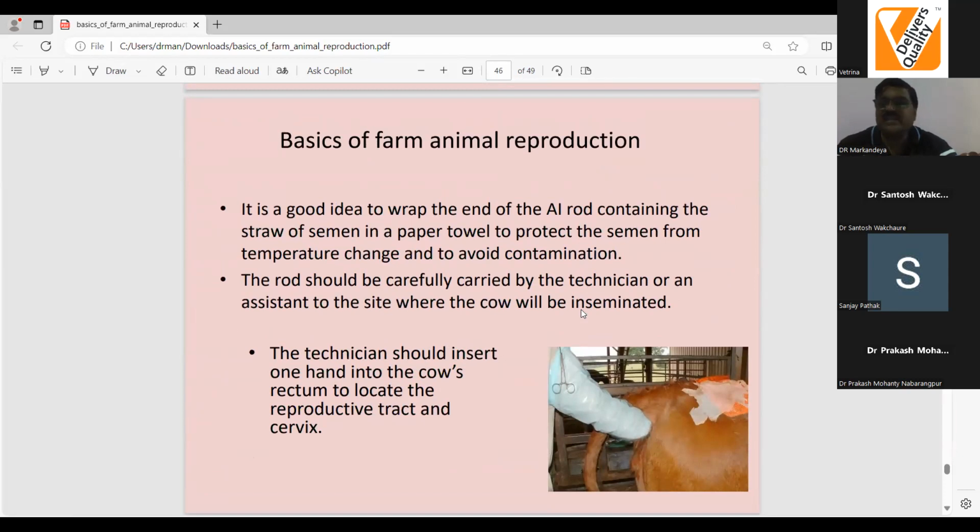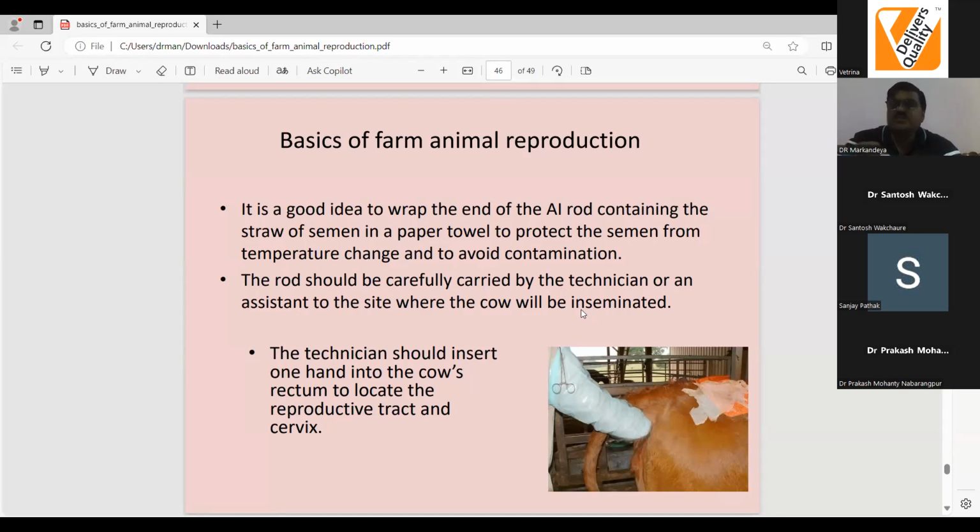Whenever we are inseminating the animal, it is mandatory that there should be an assistant to dilate the lips of the animal, so that we can pass our gun without touching the vulval membrane and vaginal membranes, directly into the cervix. Please remember, no one should say, "I'm so perfect that I can inseminate a cow myself, no need of any assistant." No. An owner, assistant, or attendant is required for dilatation of the vulval leaves.